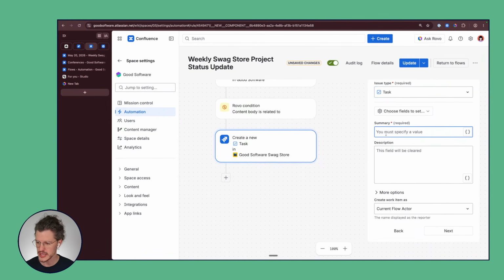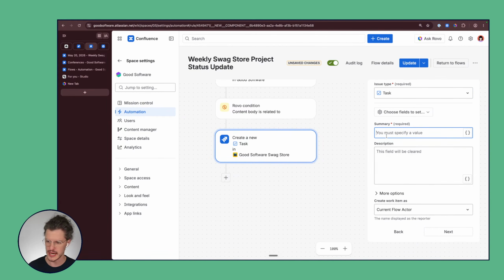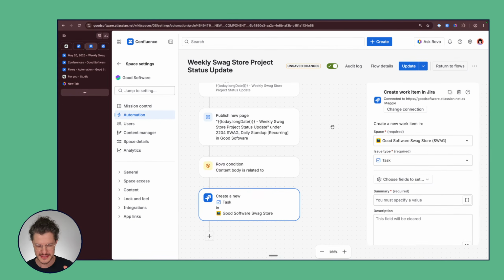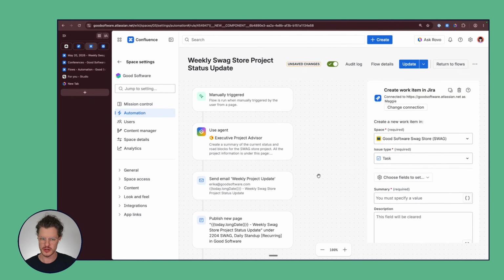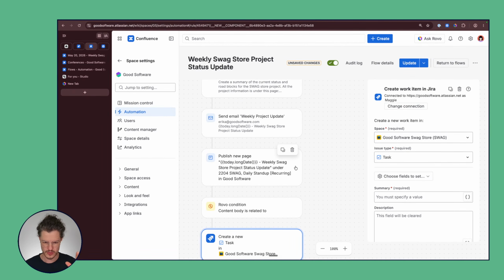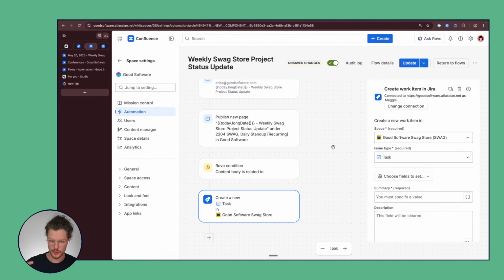And right, so we can do all the things. Here in the summary, I can say, make it bold text and say, check this out. I can say this was created by AI. I can even make the work item created by our agent. So I'm not going to finish this up because we don't have the time, but you can see how we're taking a standardized business process, we're building it out, we can read through all the steps, and we can see how we're using our AI tools within the process